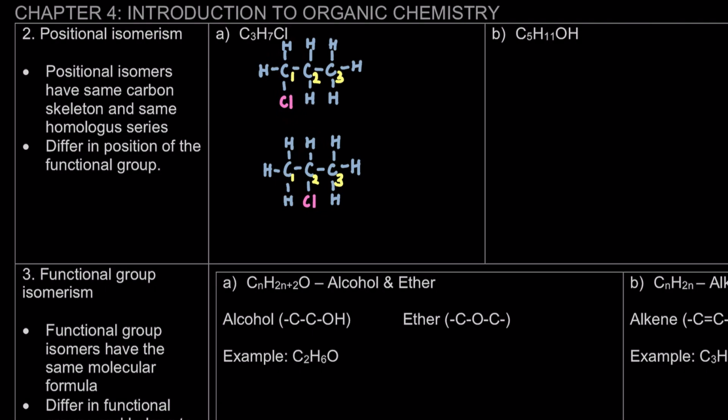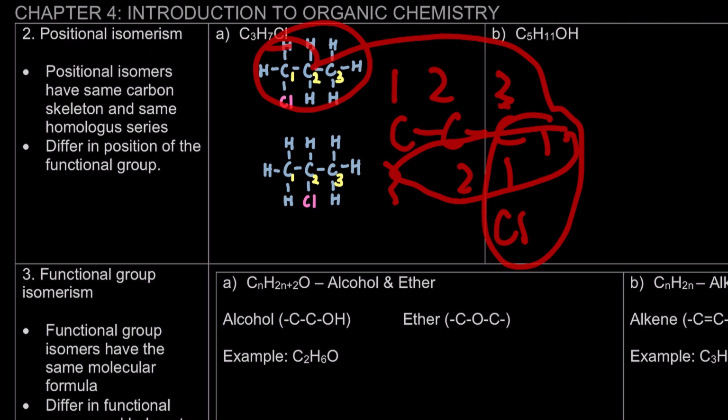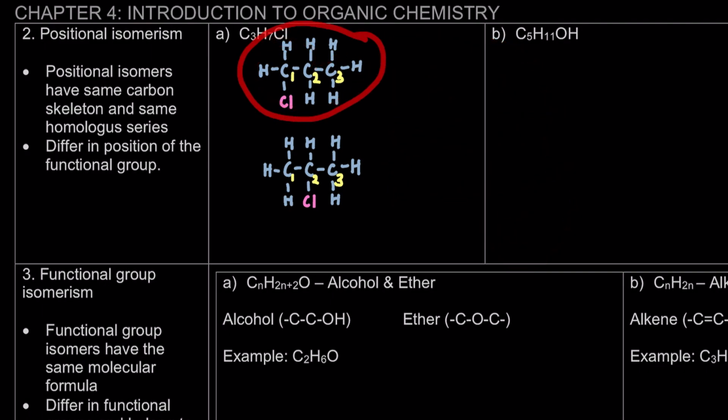If I put Cl on carbon number 3, if I count from left to right, it will be 1, 2, 3. But if I count from right to left, it will be 1, 2, 3. So it means that the carbon with Cl on number 3 is the same as the first drawing here. So these are the possibilities for C₃H₇Cl. Okay. Next, we're going to look at